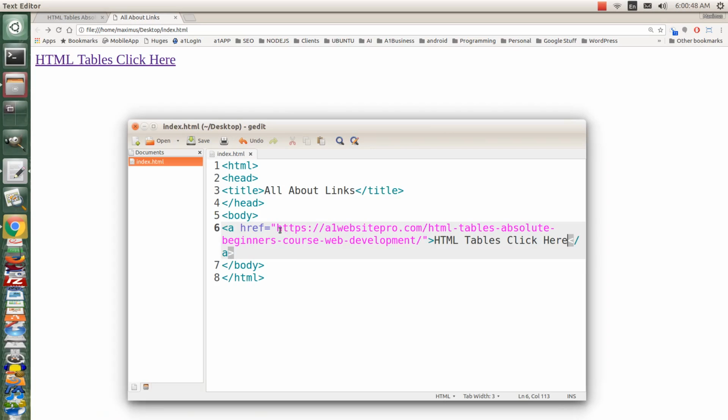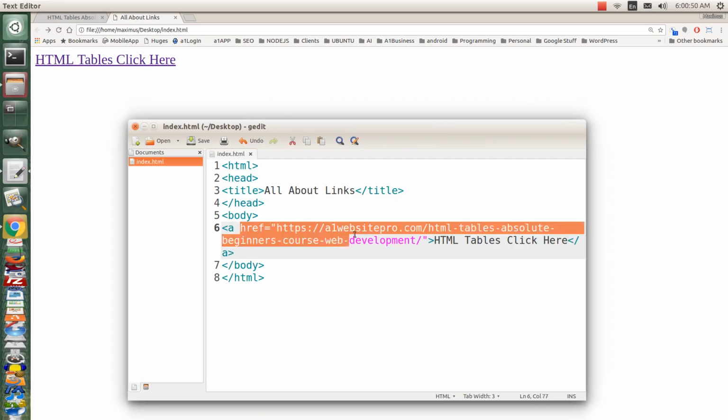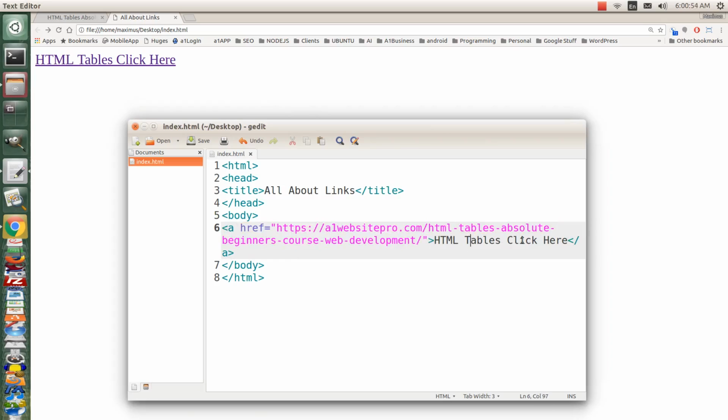So this is the anchor, right? This is the anchor going to this particular web page. This is the anchor text. All right. And whenever we click on that HTML tables, click here,